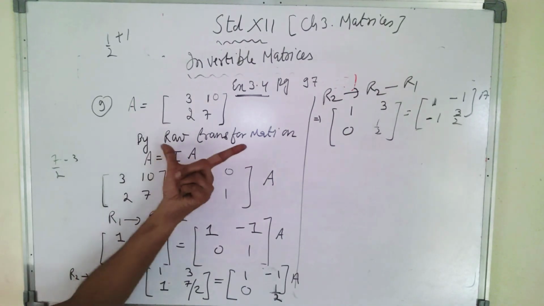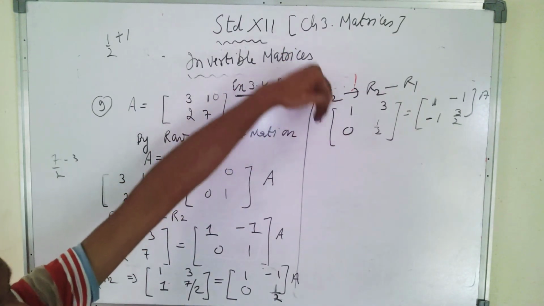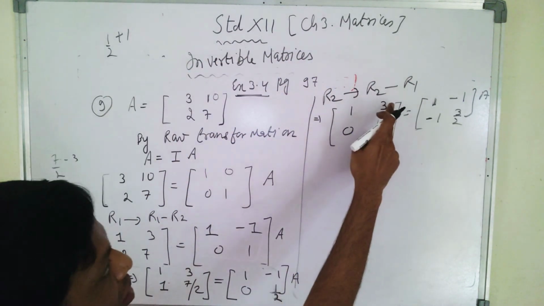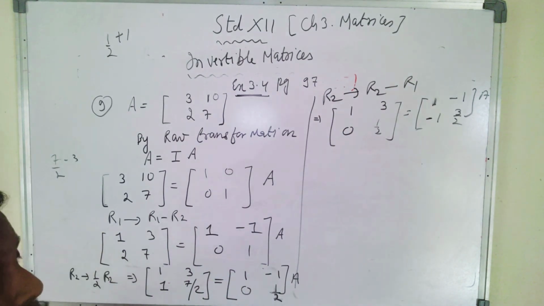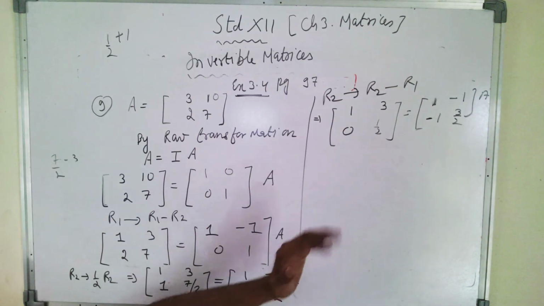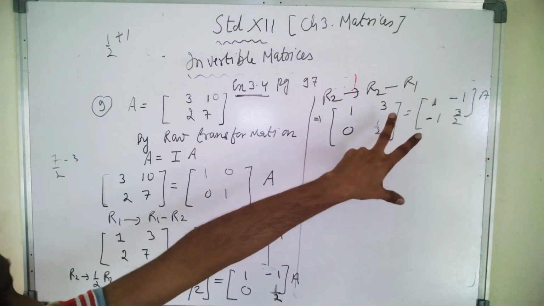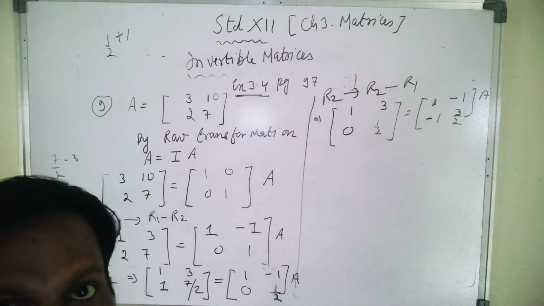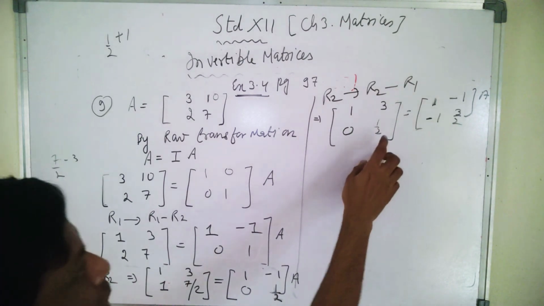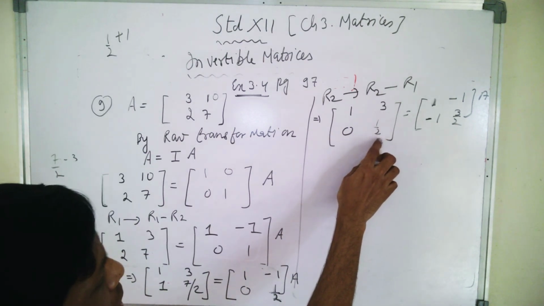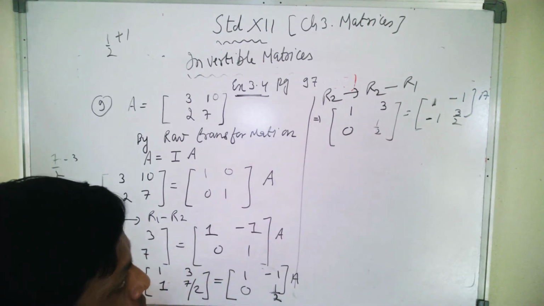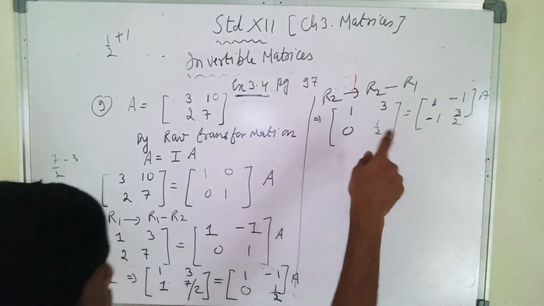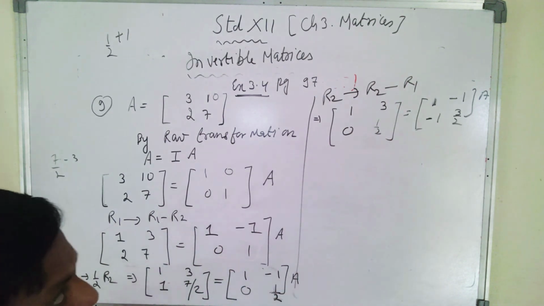Now see, for row transformation, I have hit the column. I have made the column element as 1, 0. Now my next target is to make 3 as 0 and half as 1 to complete it. Now, how to make that? So what I can do is to make this as 0, right? So what I can do, I can multiply this half by 2 if you want, so that this will become 1. So I am converting this first into 1. So the things will become very easier for me.